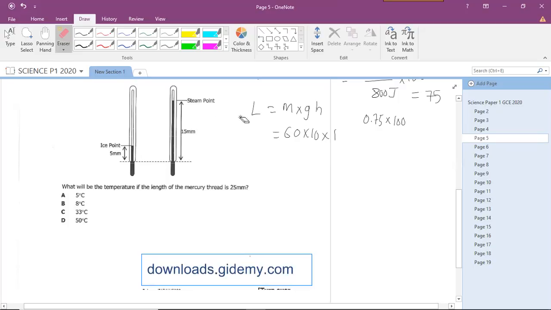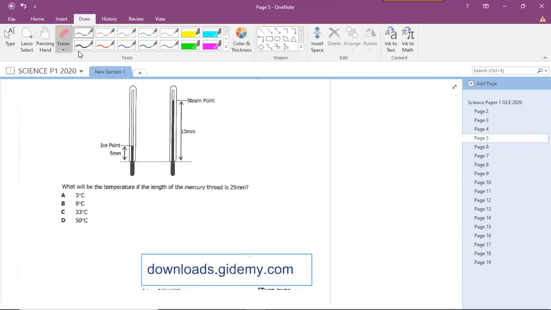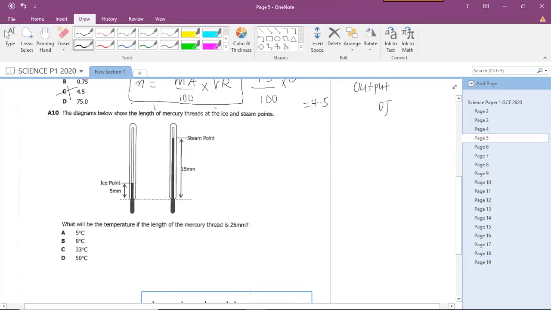Okay, so let's look at our last question here, which will just require a formula again that you have to memorize. So every time I say memorize a formula, write it down in your book, highlight it. So this question here just requires one formula. You can't run away from it. It's saying the